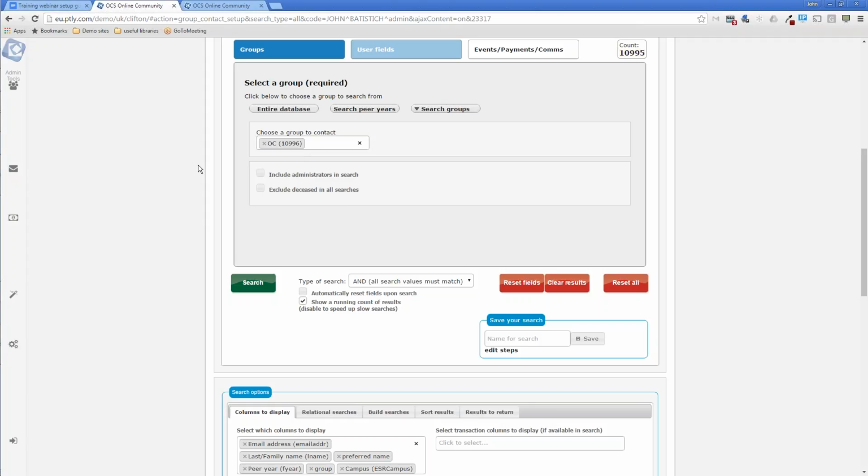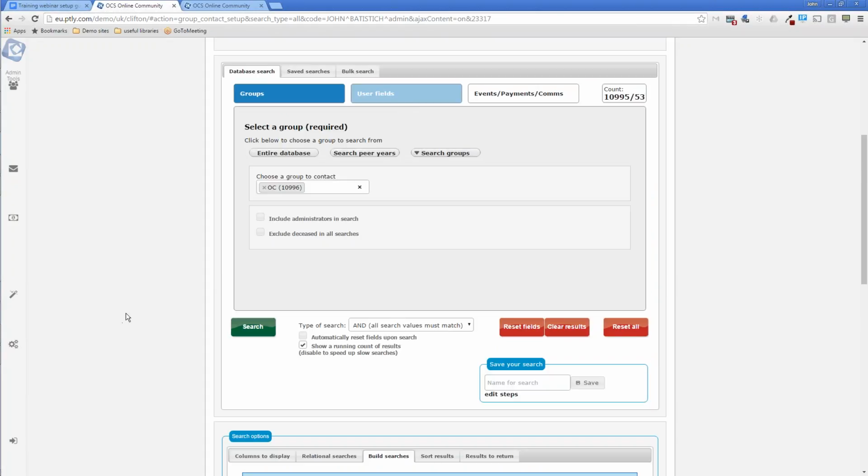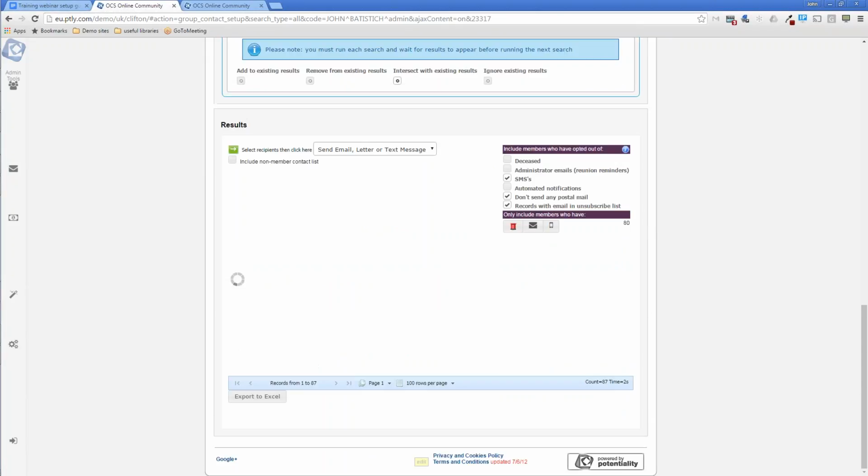There we go. Now, the original search here is of 10,995 people, because that's how many OCs they have. But actually, if I go down to the bottom here and select build searches, so rather than running a search where I'm ignoring the existing results, I'm going to run an intersect, which is it's only going to give me the people that were part of my original search and are also part of my secondary search. And you can see what it's showing up here in the count is that yes, we have 10,995 people that are part of this OC search, but the slash means that after the intersect we only have 53 people as a result. And I can now click on search,